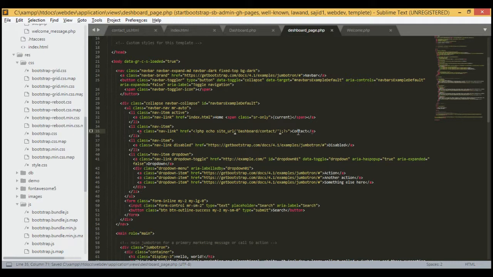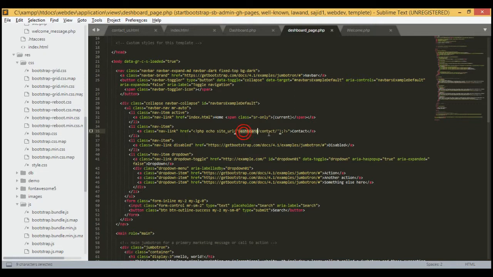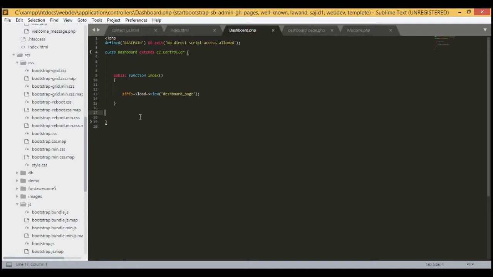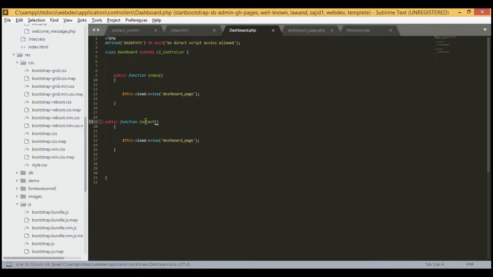So this is our dashboard. Under this dashboard, we have to write down the dashboard. Under this dashboard we need another method called contact. This contact will call a contact page. So whenever we are using this link, it will go to this dashboard controller,